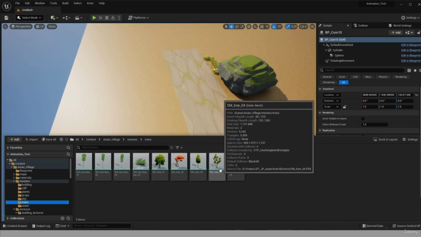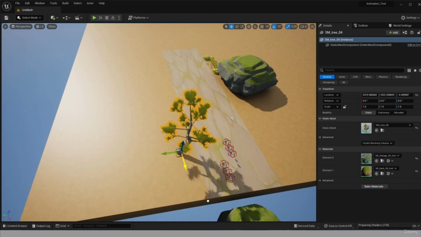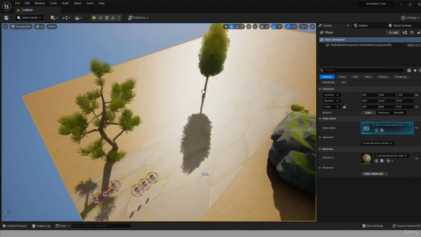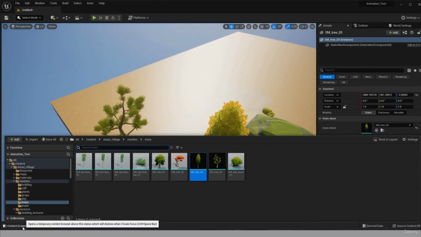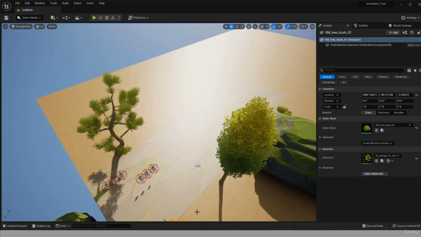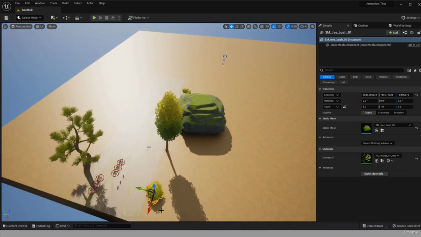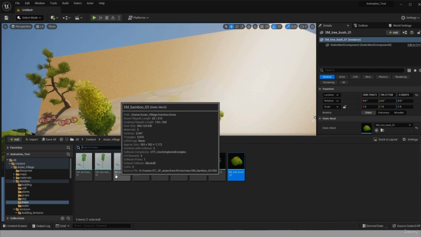We have a few trees, so we can, for example, put this tree here. Let's move it closer. We have different kinds of trees, so we can put one here, one there. And you can see that with all these decorations and textures, this looks more like a real game, right? Although it's not, it's just a prototype. But with this package or with other free packages, you can really create your own game and